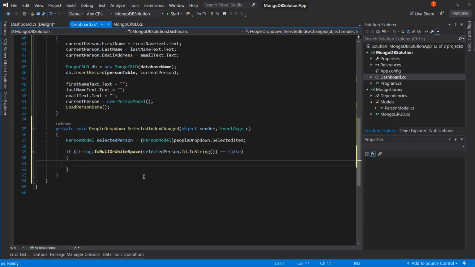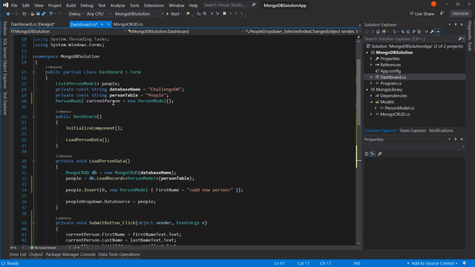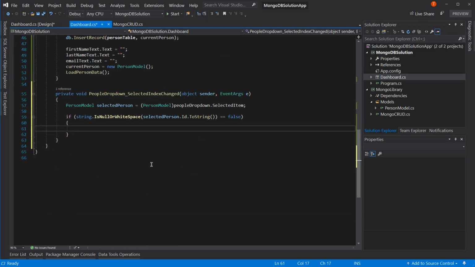So as long as it has an ID, it's not null and it's not an empty value. As long as that's true, then what I want you to do is populate the current person. So current person equals selected person. And then we'll also